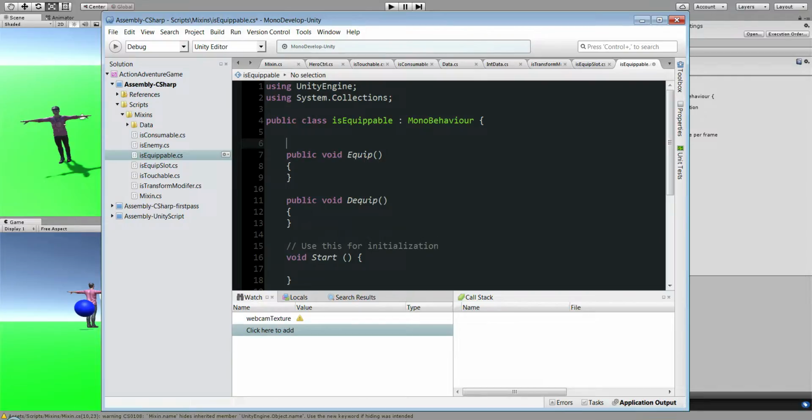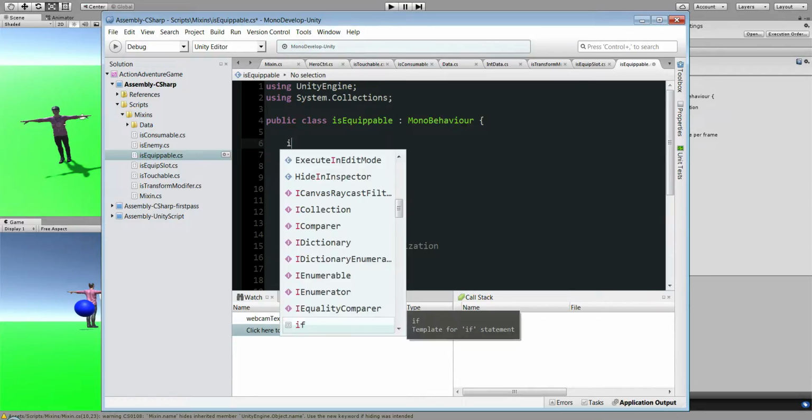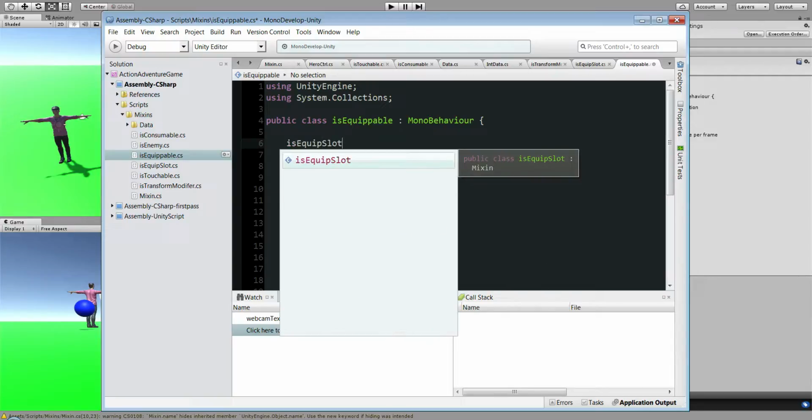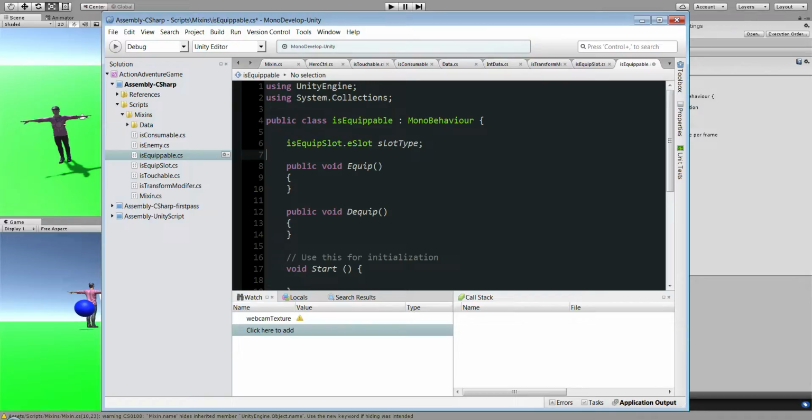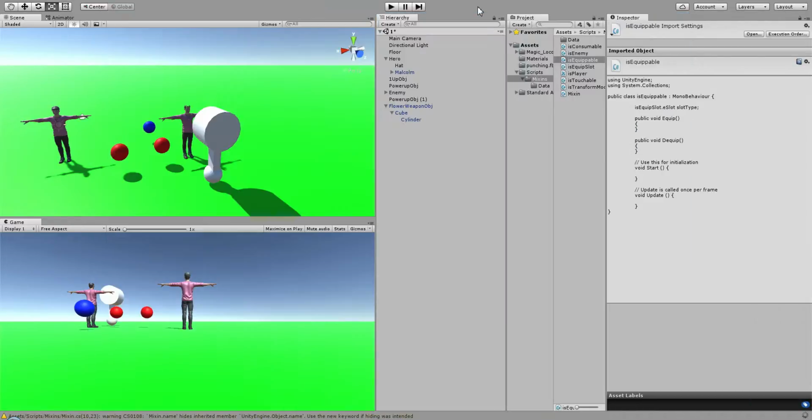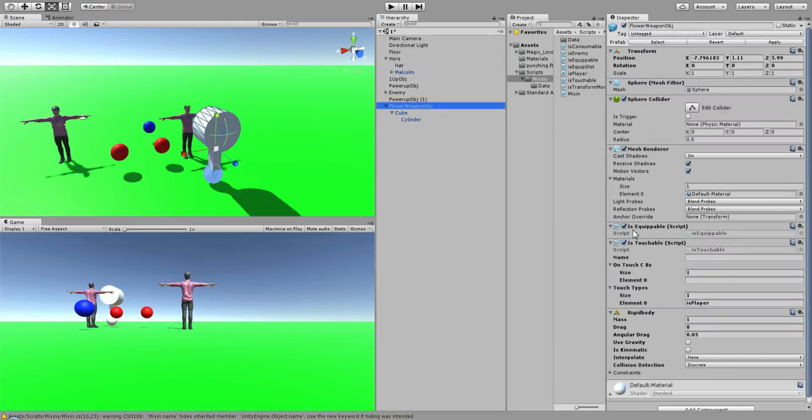If I am a fire flower and someone says, equip me, okay, I'm a fire flower and I'm equipable. I want to equip myself in a way that is satisfactory. What information do I need? An equipment slot. I need a slot because I know I am a one-handed item, or maybe I'm a helmet, or maybe I'm a boot. So I'm going to need a is equip slot dot eslot slot type, right? I'm going to need to specify what slot I am, because if I go back to my item, my equipable,